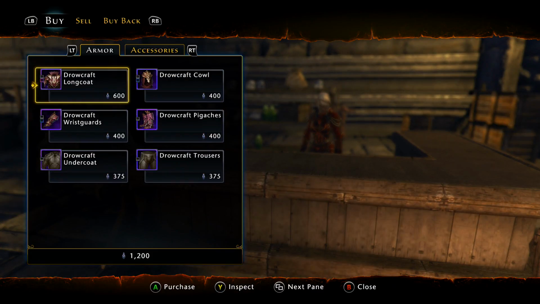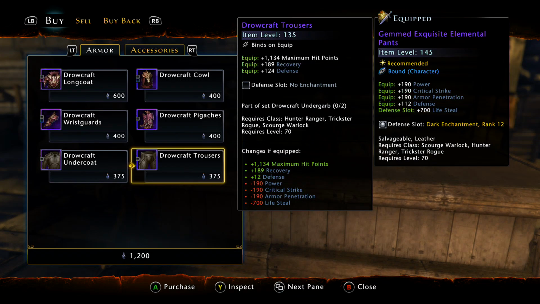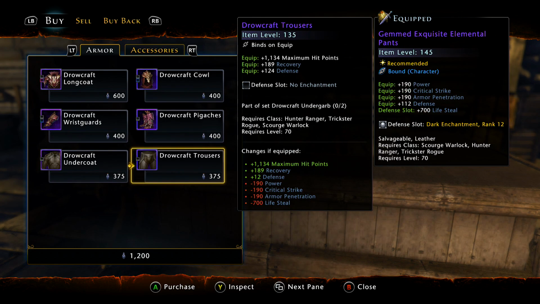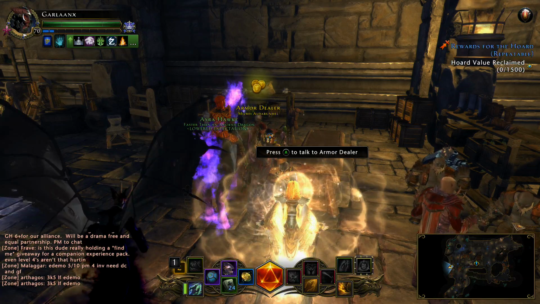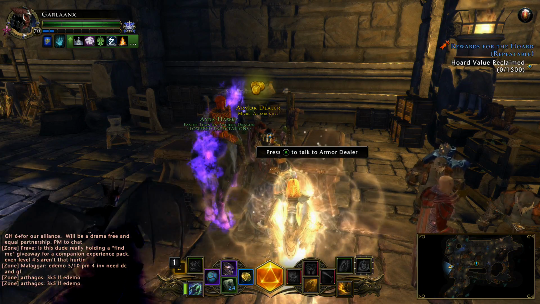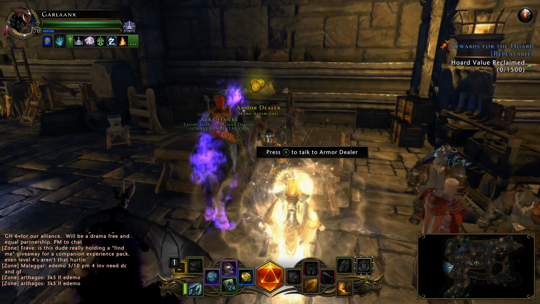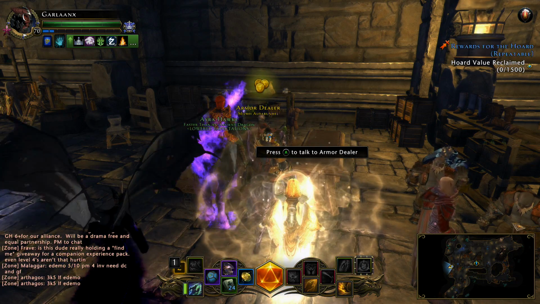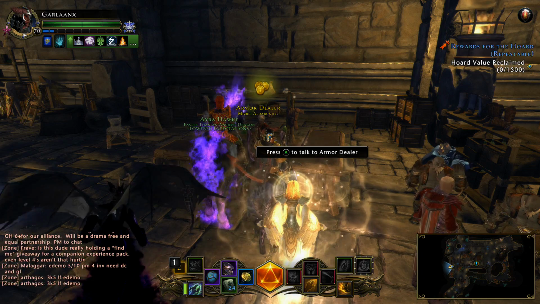However, you can get the Drowcraft set, which is the Drowcraft shirt and pants. Now it's only item level 135, but it's going to be better than anything that you PlayStation 4 people can get right now. So if you want to get these just with your demonic ichor, that is fine, and then go ahead and get your Elven set and use your Elven set all the way up until your Dragonflight, that's perfectly fine. So everything I've mentioned in this video is basically for a brand new level 70 and how to gear up